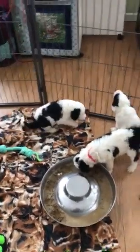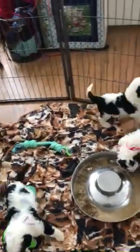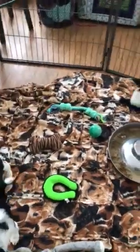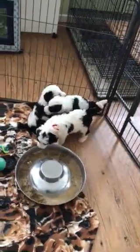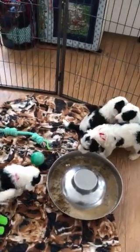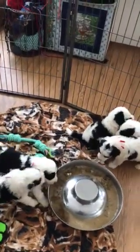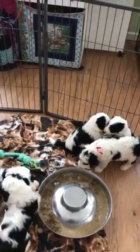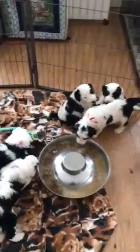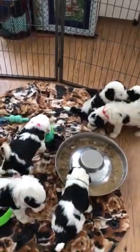But because both the Old English Sheepdog and the Standard Poodle are considered non-shedding, more allergy friendly, there's just really no point. The point in a lot of the multi-gens of other breeds that started a lot of these doodle breeds, such as the Golden Doodle and Labradoodle, the primary purpose at the time was really to reduce the shedding and the allergy issues. And because one of the breeds does shed and does affect people with mild allergies, sometimes it would have to go to second generation in order to minimize them